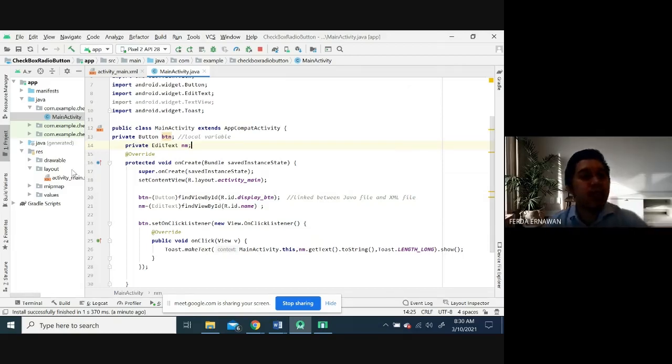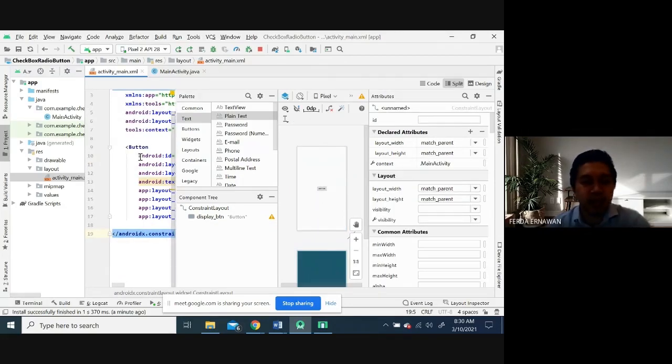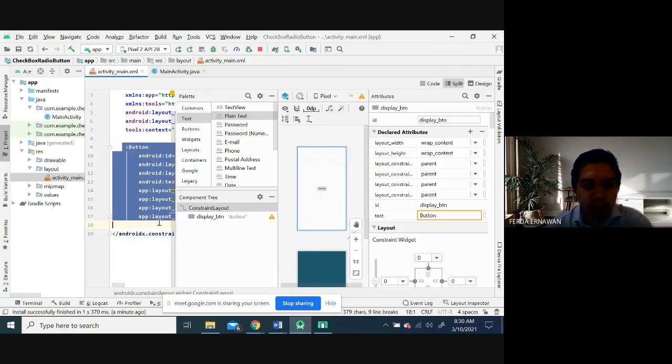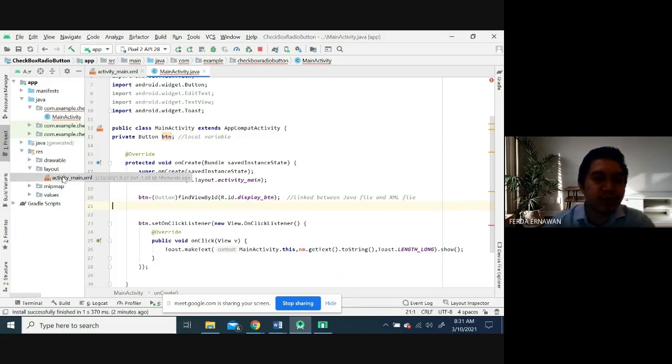Okay, great. So next one, I'm going to use the checkbox. So I remove this one. Can you see, only in the XML file I have one button. How about the Java file? It shows an error, which is the ID. Android is not able to detect this ID. So I have to remove this one later on.